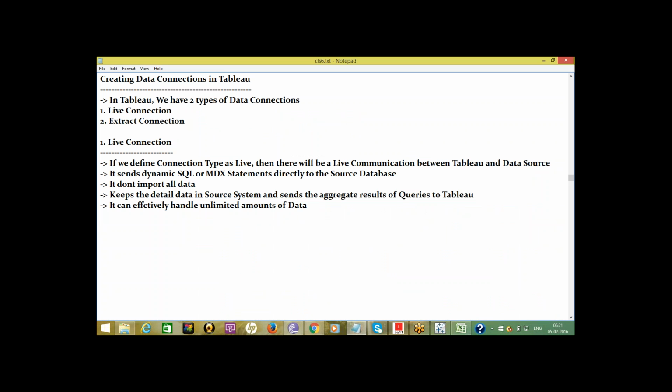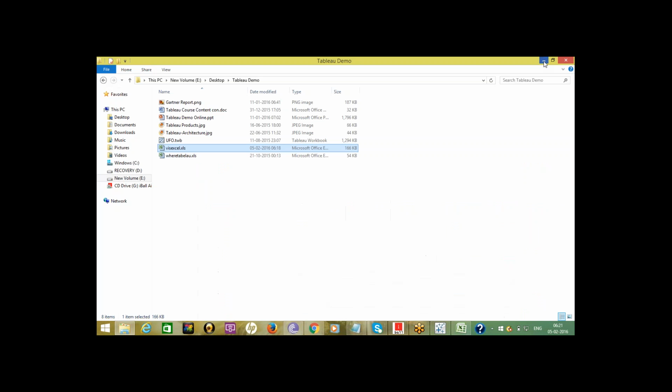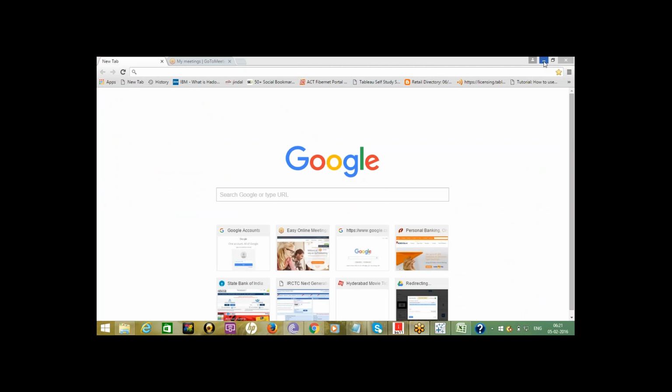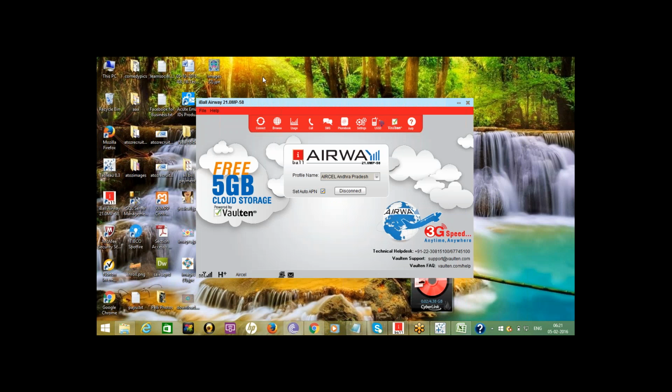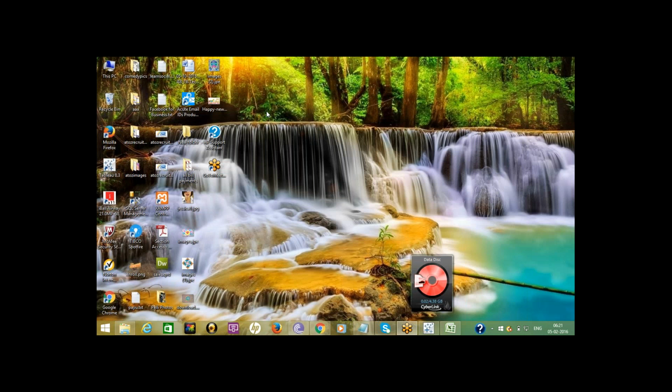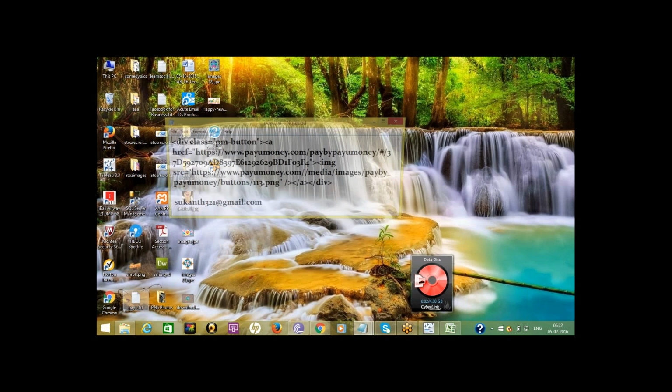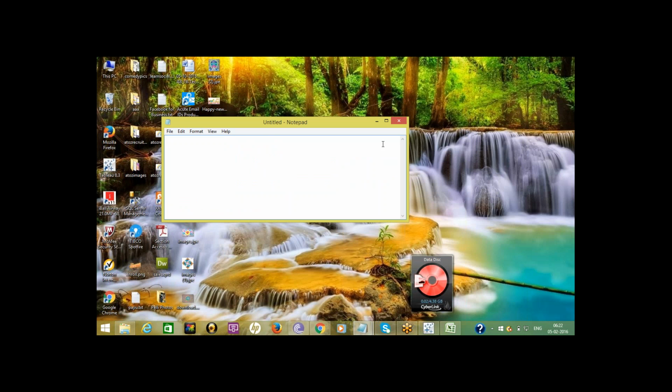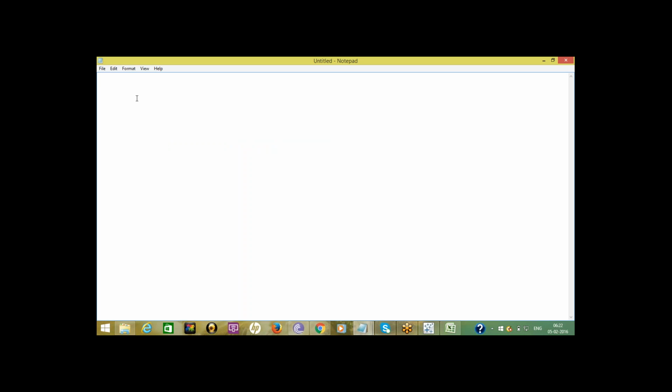Next we'll see how to create a live connection in Tableau. First we'll create some text file, country, sales.